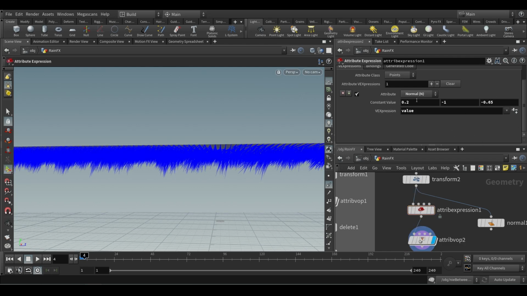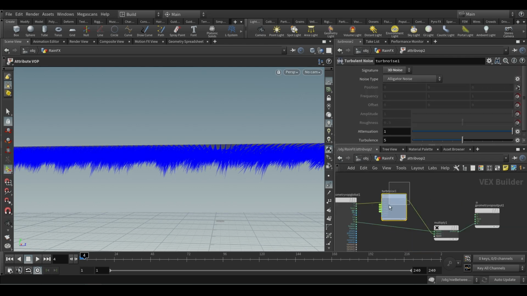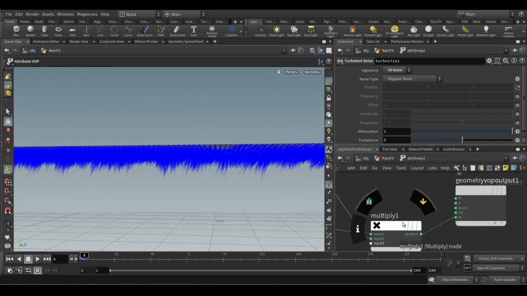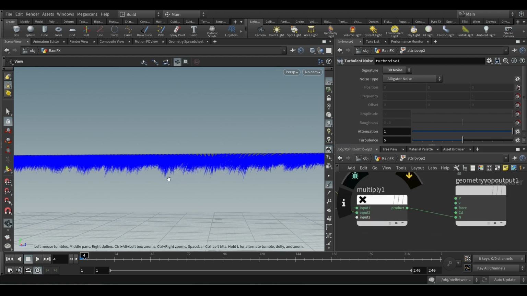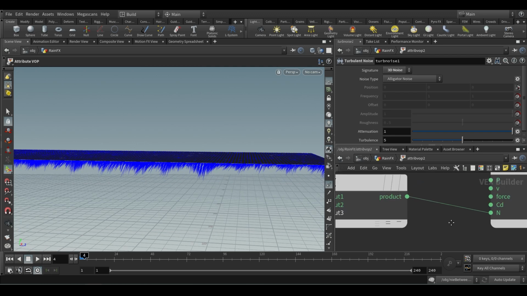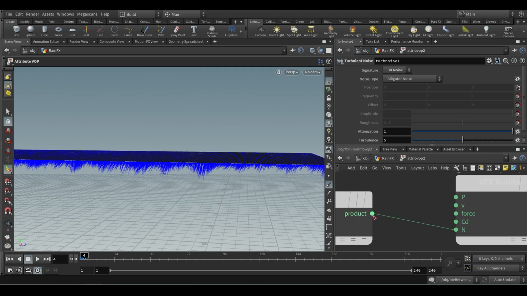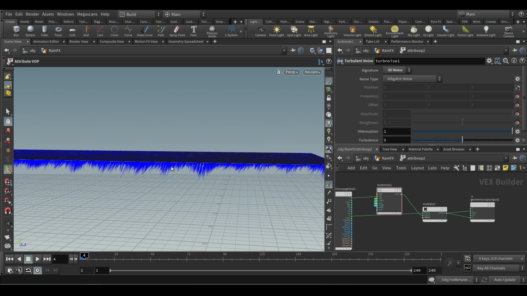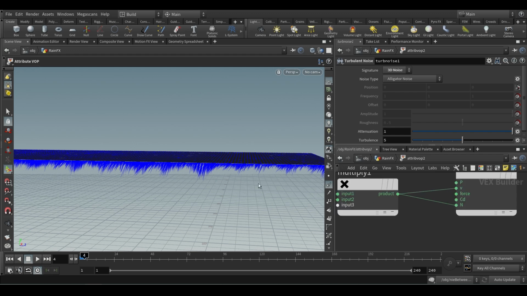Basically this value is multiplying with this value and giving that as our normal. So I believe this is fine. If you plug in the normal, it doesn't matter, but our goal is to get velocity. So whatever you see, this normal will be our velocity direction.